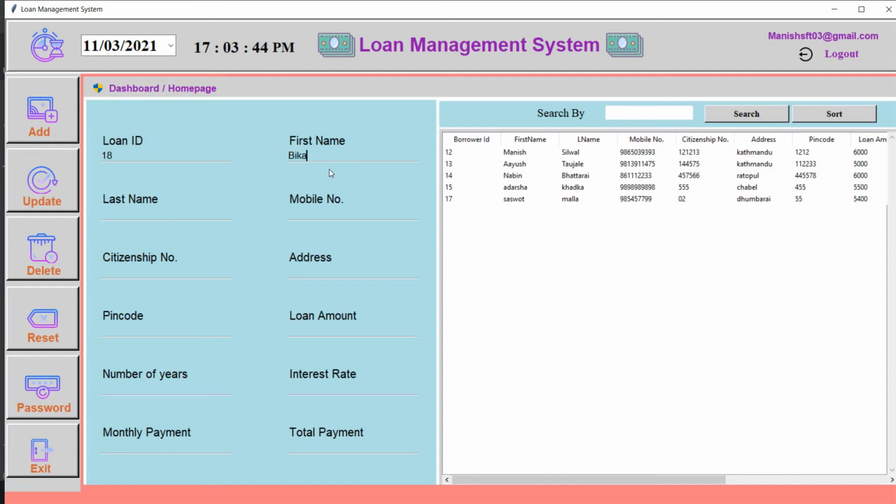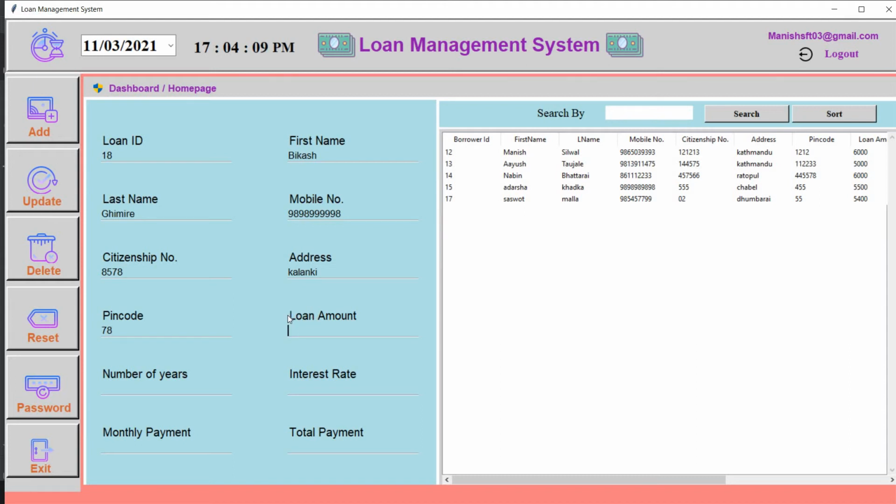Okay, Vikas Vikas. Then his contact, whatever, citizenship number like this one, address Kalanki, pin code number 78.